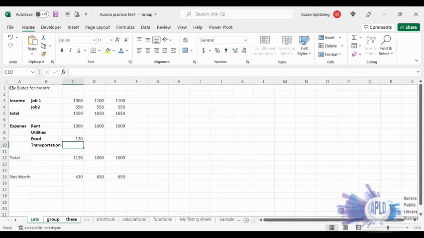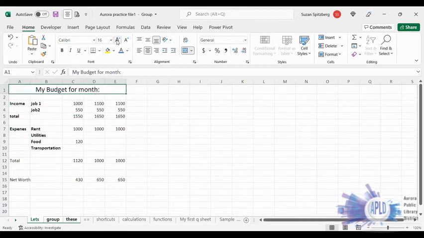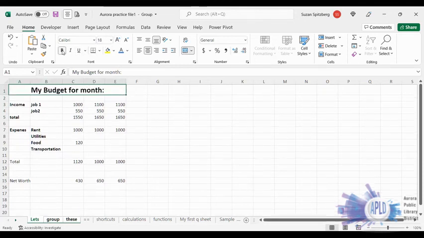Now, I also noticed that I spelled budget wrong. So if I click on here, I can just go up here. It's just like word processing, stick in a G, hit enter, and I'm all set. And then if I wanted to, I wouldn't have to, but if I wanted to merge and center this, I could make it a little bigger, make it bold. Okay. And so now if I ungroup these,